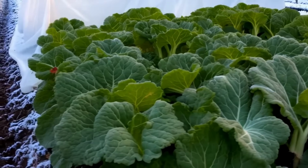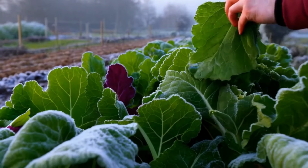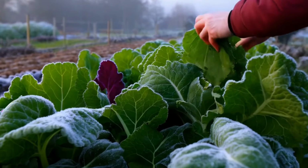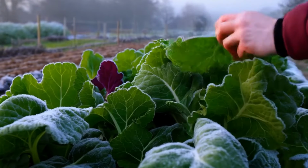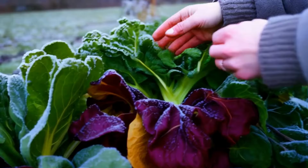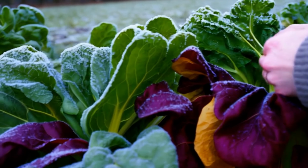Swiss chard is a beautiful, colorful vegetable that is perfect for your winter garden. With its vibrant red, yellow, and white stems, Swiss chard brightens up even the dreariest winter days. This vegetable is very frost tolerant, so it can keep producing all season long, even when the temperatures drop below